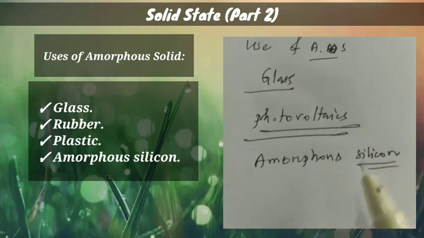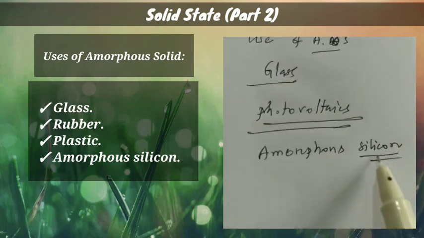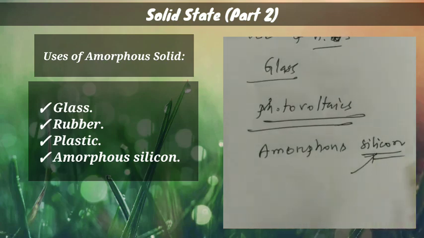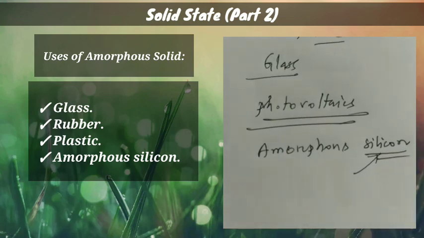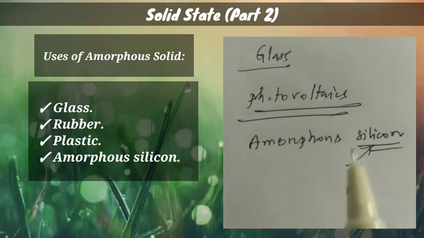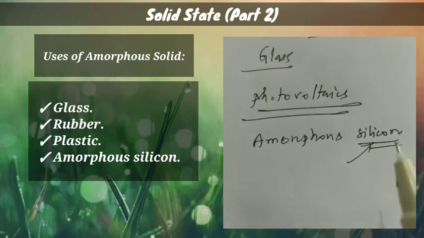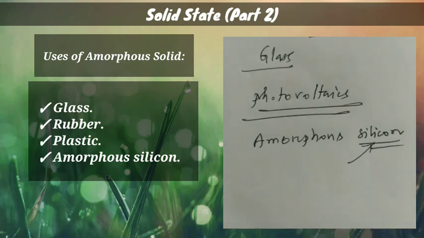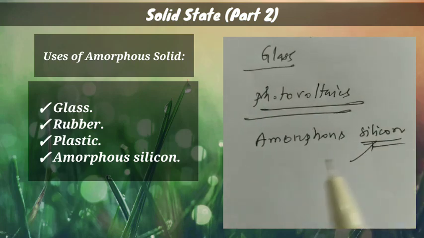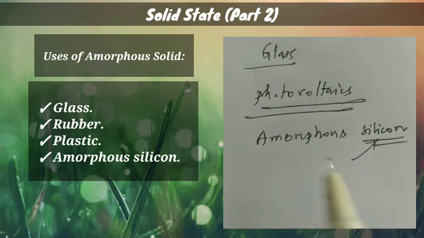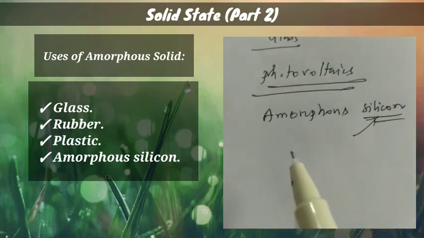So silicon has what? Silicon is a semiconductor. We'll discuss this type of thing. There are three types of materials if you divide them on the basis of conductivity. One is a conductor, which can conduct electricity, and the other is a non-conductor, which cannot conduct electricity. And the other one is the semiconductor, which is in between the conductor and non-conductor. The band gap of a semiconductor is in between the non-conductor and the conductor.